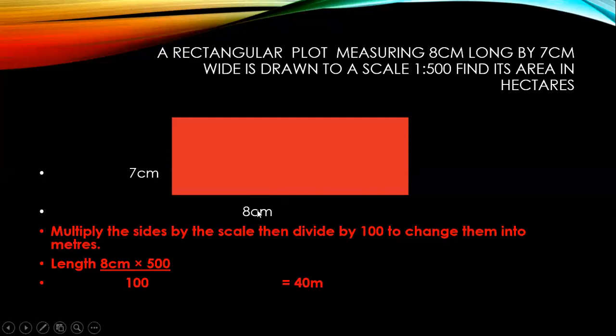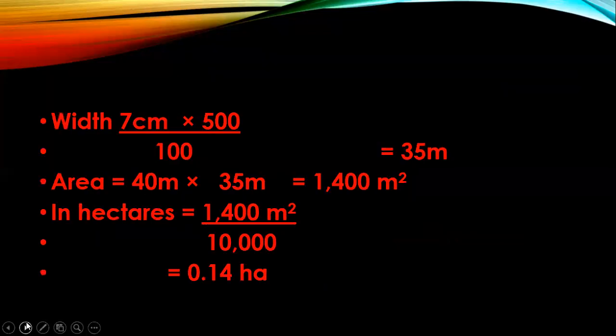So if it is 8 centimeters, 8 times 500, then divide by 100, you'll have 40 meters as your length. Then your width, the same way, 7 times 500 over 100, which gives 35 meters. So area of a rectangle is length times width, which is 40 meters by 35 meters, and your answer is